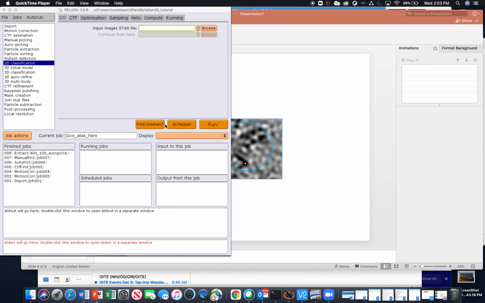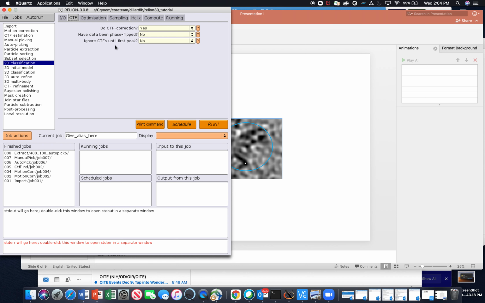Okay, so now we've done particle extraction and it is time for 2D classification. Keep in mind that this is a step that has a really big effect on your final map and the quality of your map. And there are a lot of options to optimize classification. For this video, just because its intended purpose is to get you off the ground running, I am not going to go into in-depth detail about each option, but I will talk about the high points, and I will link other videos that I think explain things like